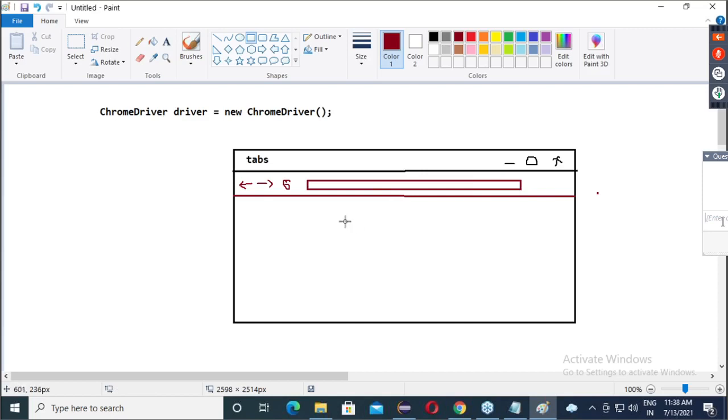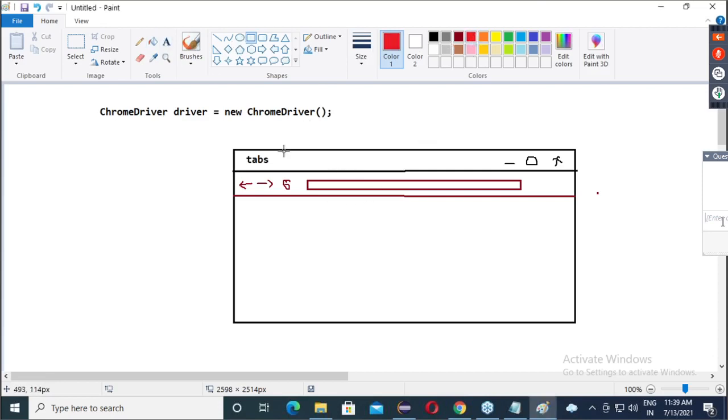Now guys, up to now, whatever actions we performed, capture title, close, quit, open URL, back, forward, refresh, all come under browser level actions. Remember this. Now, if we open an application, any application will look something like this.